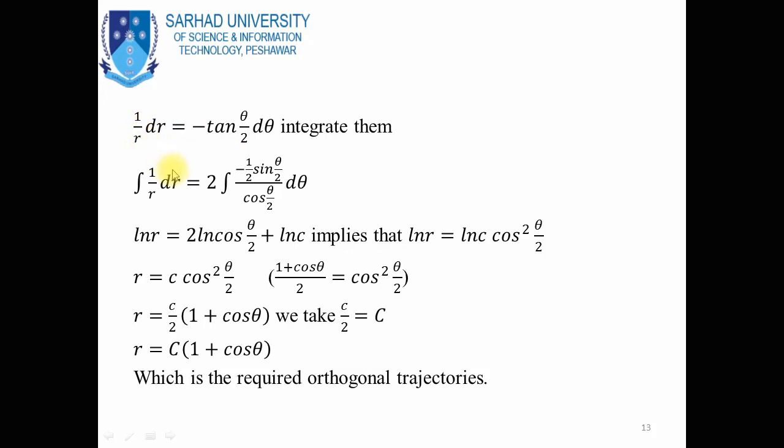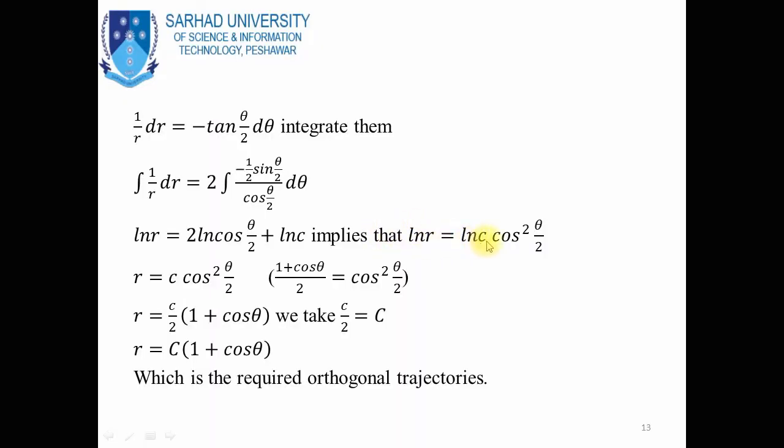Now we can take the integration of 1 over r with respect to r and the integration of tangent theta by 2 with respect to theta. We can write tangent theta by 2 is equal to sine theta by 2 over cos theta by 2. And dear students, since the derivative of cos theta by 2 is minus 1 over 2 sine theta by 2, so multiplying by minus 2, and now taking the integration, 1 over r gives log r, and the integration of this expression is 2 log of cos theta by 2 plus log of c, and this implies that we can write natural log of r is equal to